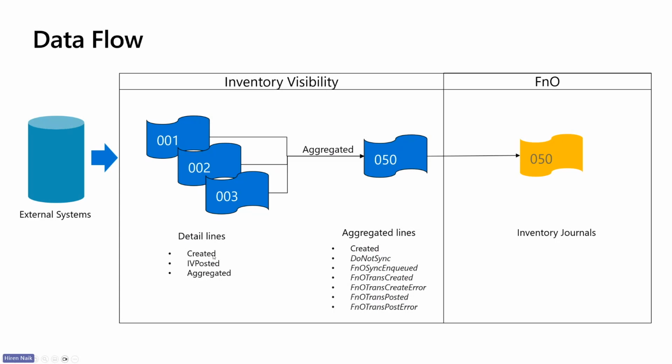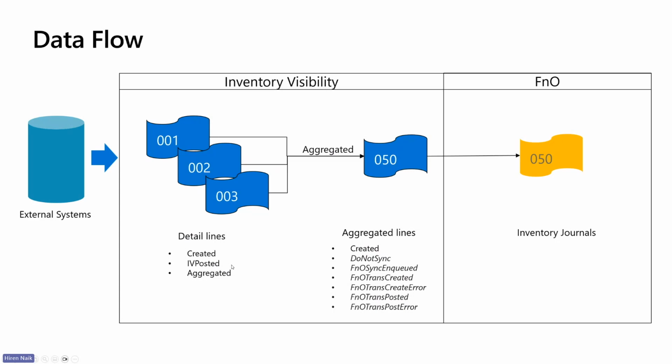So when the detailed transactions or detailed inventory adjustments are made to the inventory visibility service business layer, first it will be in the created state. And the next step for these detailed transactions would be to post these transactions to the IV, inventory visibility in-memory cache, so that our IVS is always up to date in real time, so that any external system can query the on-hand data and get an accurate view of inventory from IVS. So that is why it is important that every inventory change updates the IVS in-memory cache,